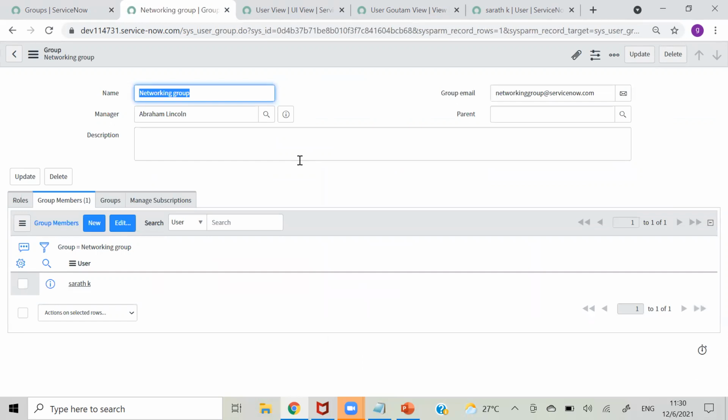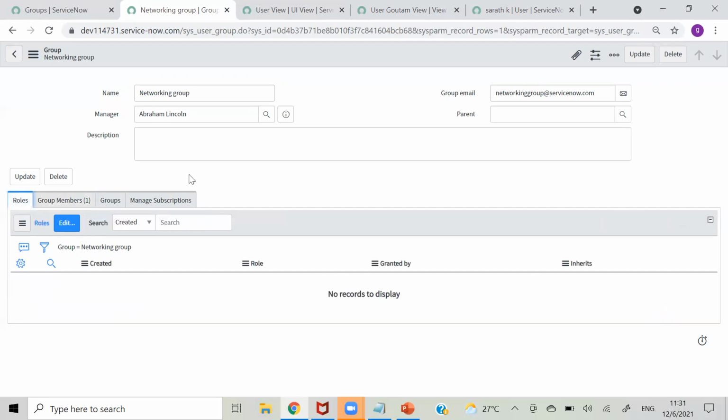This is a manual process. From LDAP we can also pull users, and it will create a group, and from the group we can pull group members from LDAP itself. So if your LDAP is configured, there is no need to create groups manually, because most of the groups, users and group members will come from LDAP in a real time scenario. Okay, and if you want to assign, let's see about roles in a few minutes.